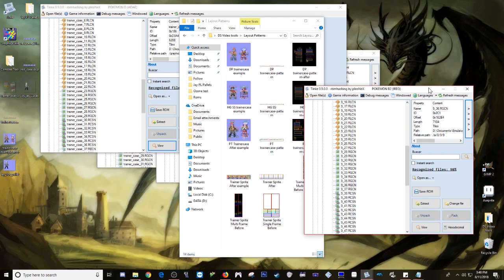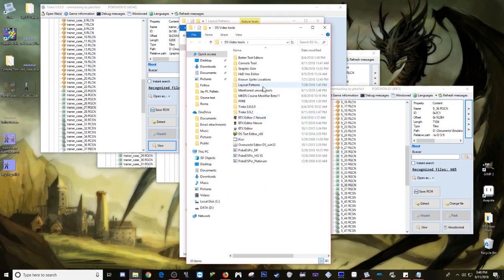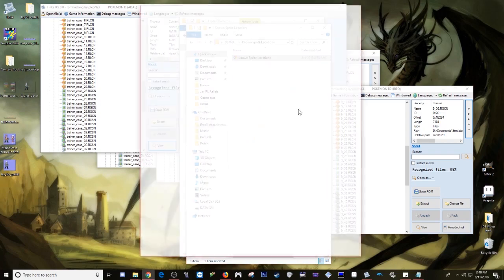For some reason, black and white trainer cards are different from each other, whereas all the other ones match, like black 2, white 2, diamond and pearl, they're all fine. But unfortunately, if you do go back and you look at the Sprite sheet,